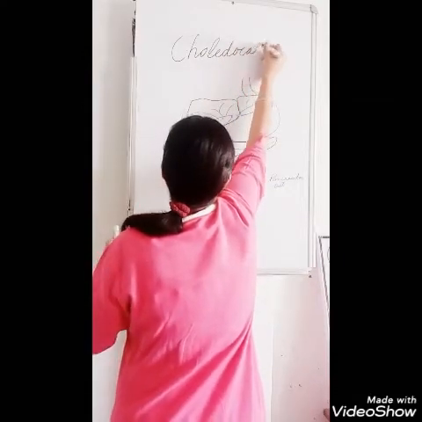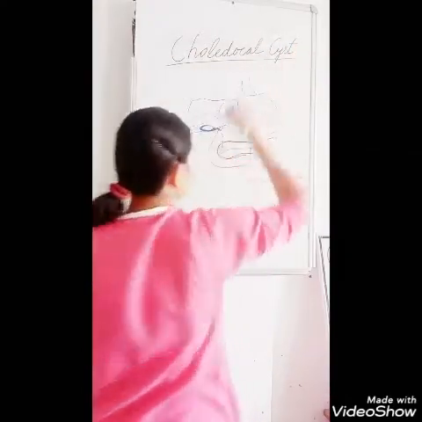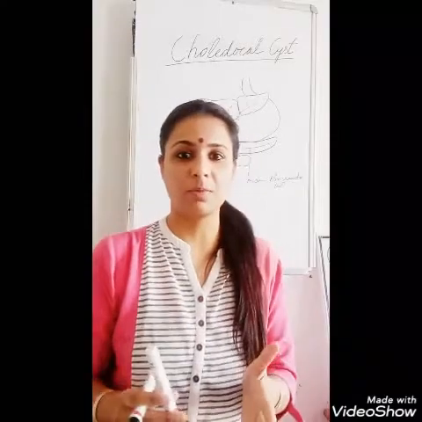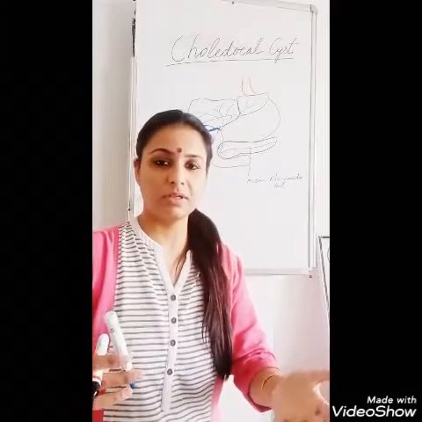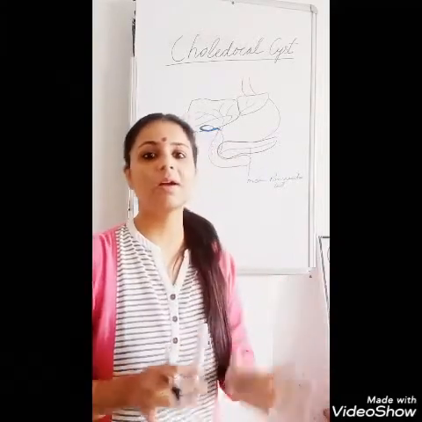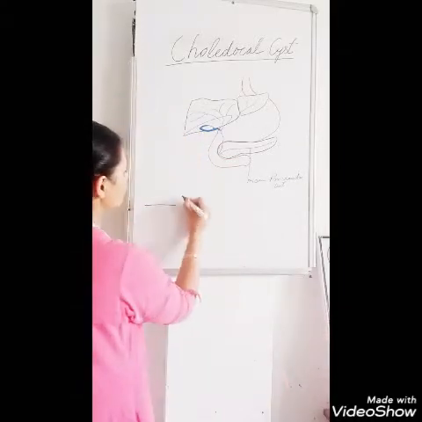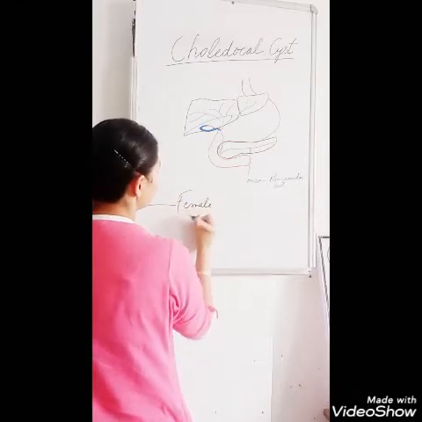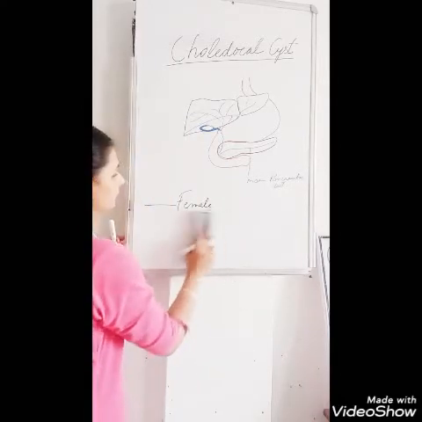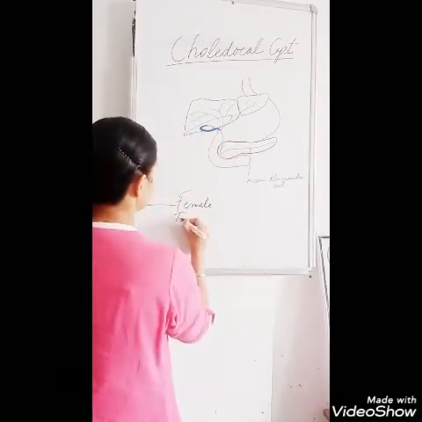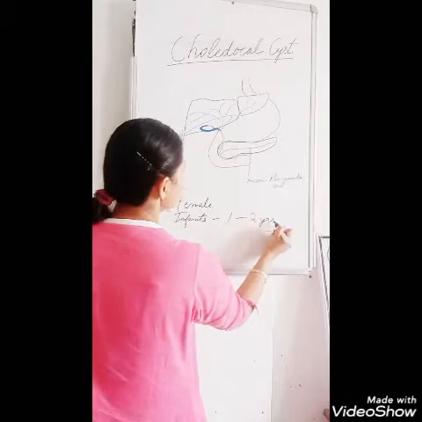Choledochal cyst. It is a congenital anomaly. The cyst is formed in the prenatal phase or after the delivery, but it commonly occurs between the ages of 1 to 2 years. It is common among females, and in children, we cannot say children, infants, between 1 to 2 years. So it is a congenital